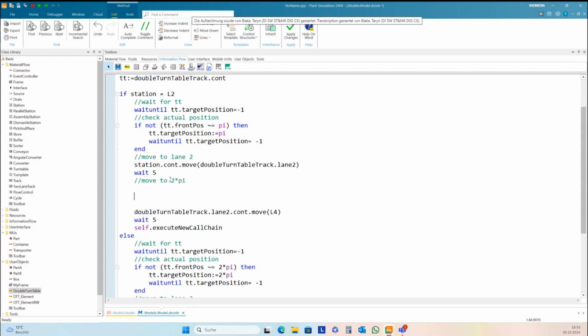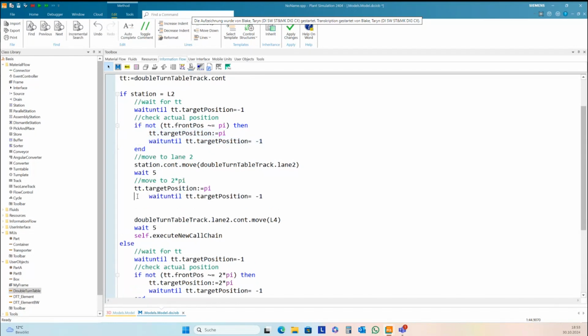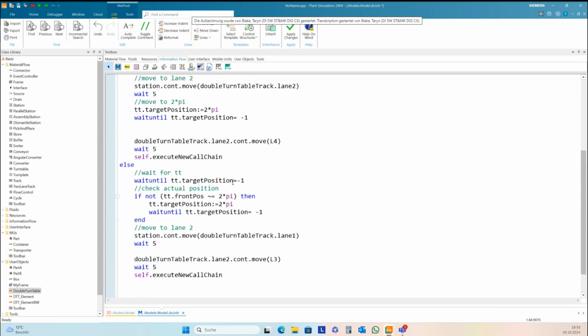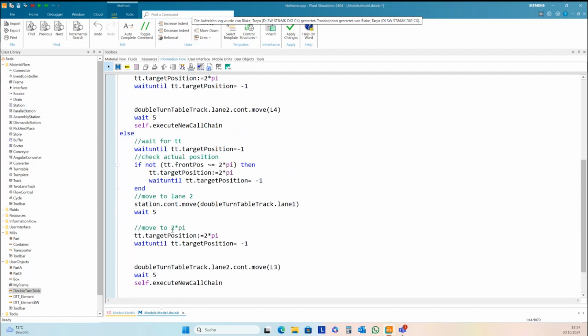One turntable here, but it is the same here. We need to turn to 2 times P, and need to wait. And here we need to turn to 1 P.